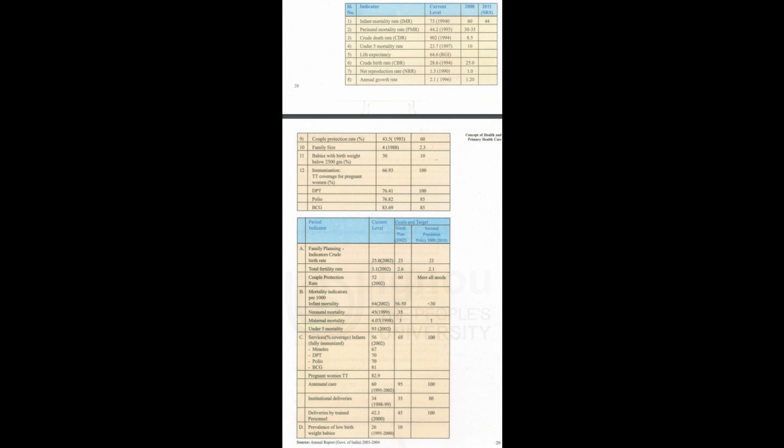Specific goals in respect of the various indicators to monitor progress towards HFA were laid down, given in Table 1.1 below. However, the goals set by HFA were far from achievement and new goals and targets were set, shown in Table 1.2 next to the indicators. Table 1.1, look at the screen. Infant mortality rate, IMR, crude death rate, crude birth rate, net reproduction rate, and maternal mortality rate are the most important indicators to monitor progress towards health for all.